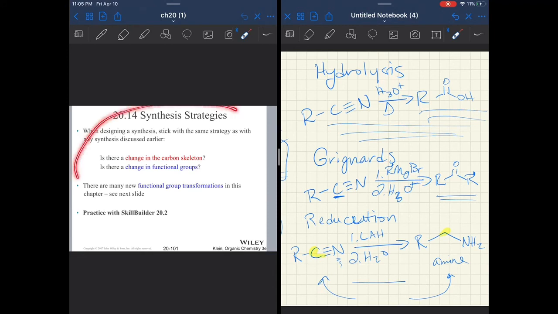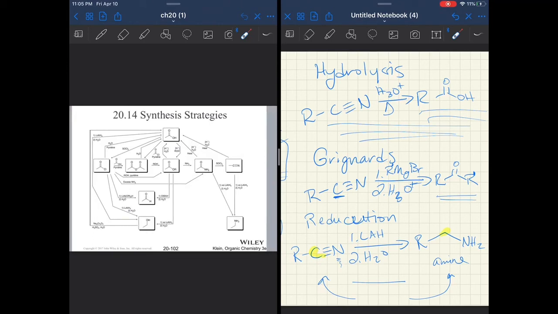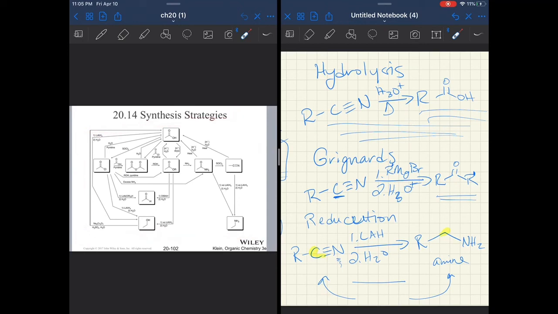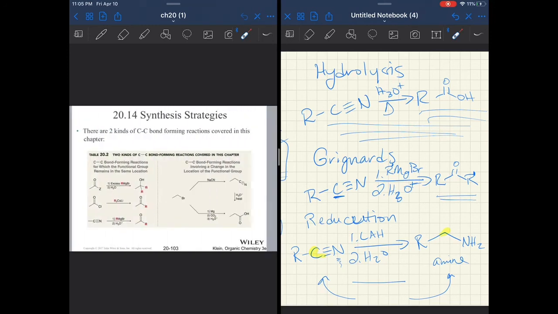Klein is here for you in terms of strategy. I'm not going to walk through these slides because it's for you, for approaching how to solve problems. I love Klein's big summary flowcharts. These are really useful when you're working synthesis problems on your own. And then lots of review slides here for strategies. A lot of it's focusing on, okay, this is the starting material you're allowed. This is the product you're trying to get to. What are some common paths, some common pieces